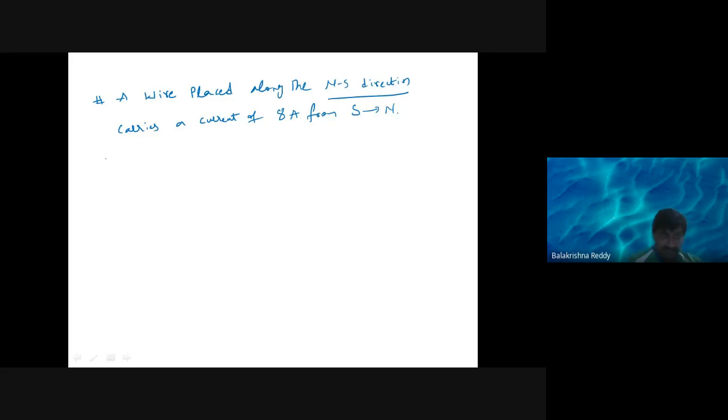Find the magnetic field due to a 1 centimeter piece of a wire at a point